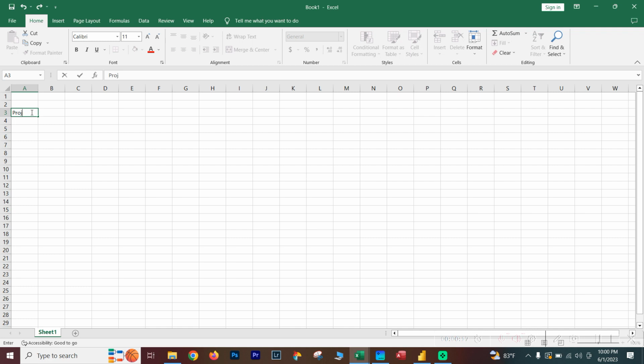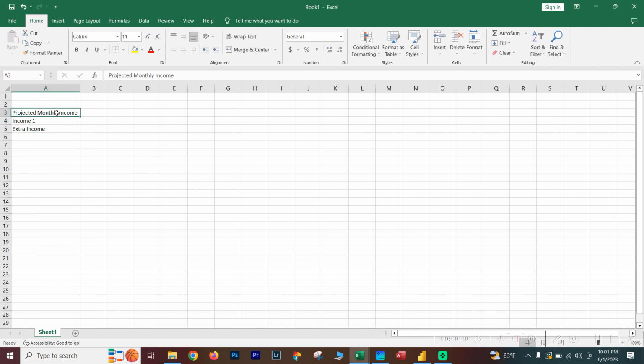your projected monthly income. So we're going to start by typing projected monthly income, and we're going to make one cell your first income, so income one. And I'm going to just put an extra row in here just in case you have some sort of second income on here. So I'm going to go ahead and select my projected monthly income, and I'm going to expand